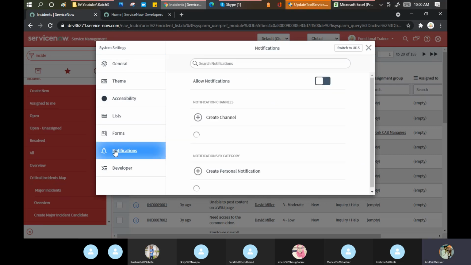Form is not okay. Notification. This is important. Again, this is a personalized one. Any question till this point before I proceed further? No, go ahead. Okay. Now the term called the notification.